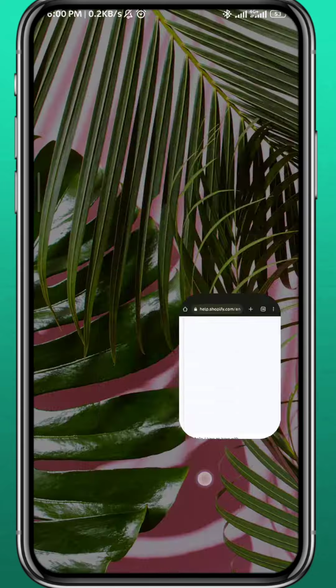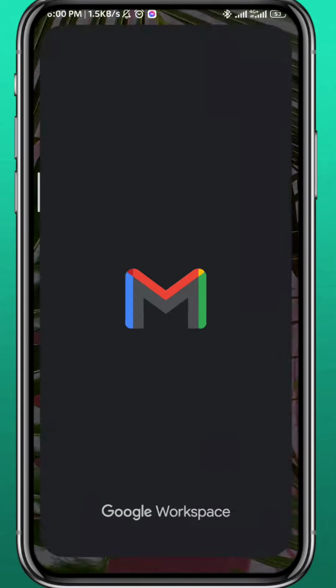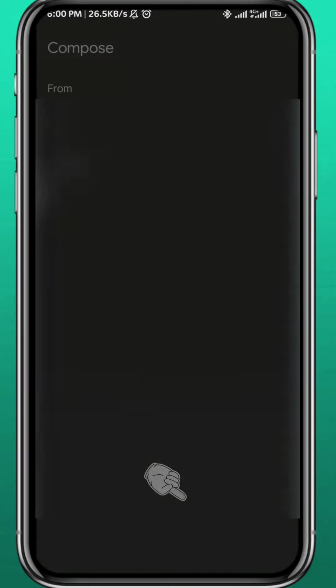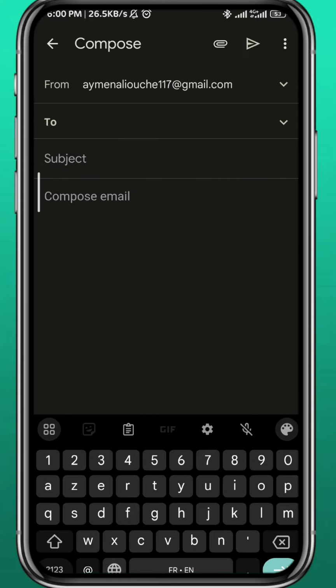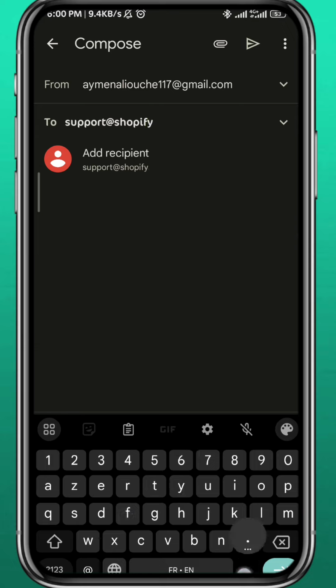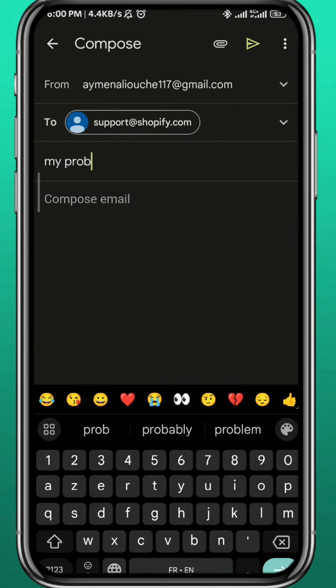If it doesn't refer you to a real agent, you can still contact them directly by going to your Gmail app and tapping on Compose in the bottom right corner. And right here, you should send the message or the concern to support@shopify.com and go ahead and describe your issue for them, and they should get back to you in 24 to